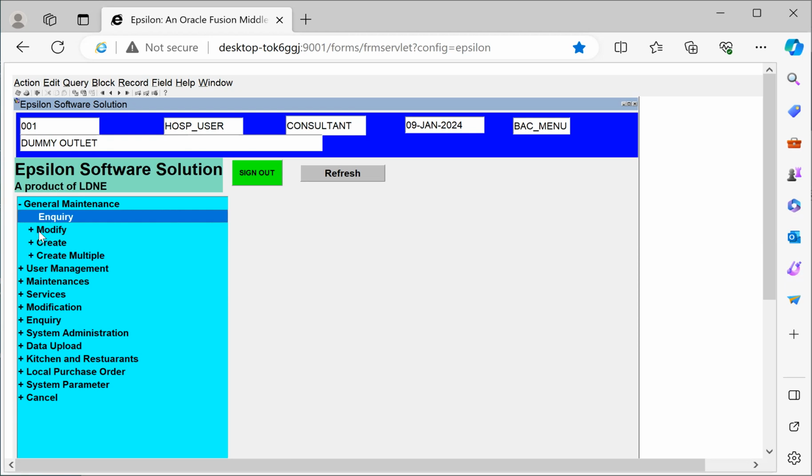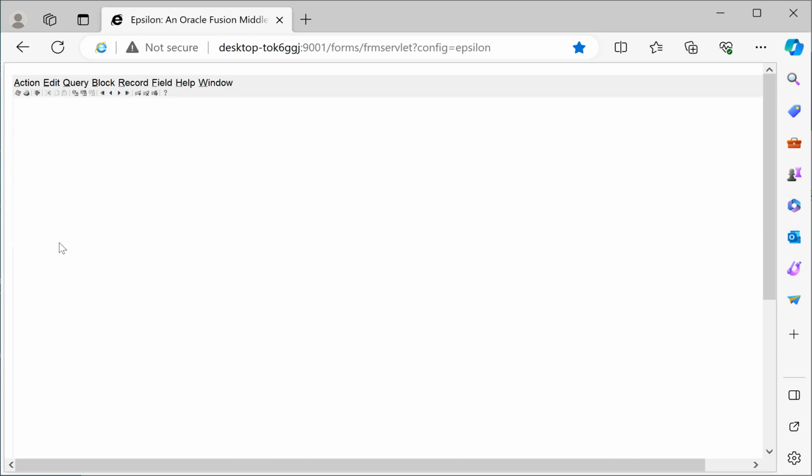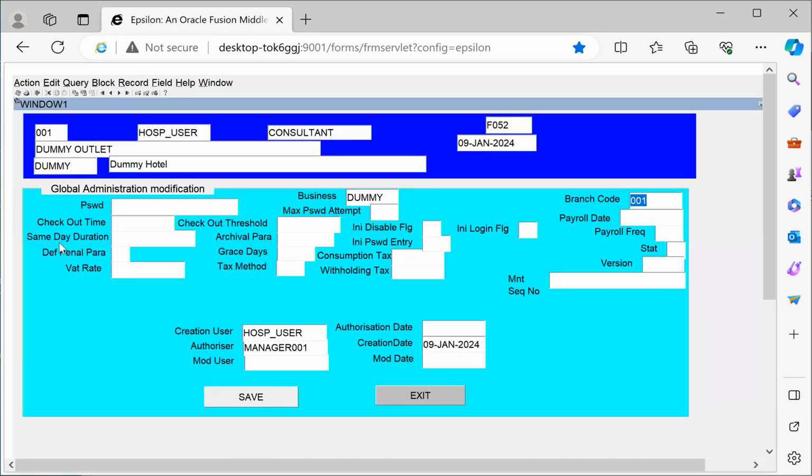For each of the business, there's global setup. I'm using a modify option to check the one I have on my screen now. This is where we set up most of those parameters used to run the business, and part of the parameters we set up there are the taxes. Consumption tax of 1% has been set up in this business, withholding tax of 7.2% set up in this business, and VAT has been set up in this system, meaning for all transactions, sales in this domain hotel, whether lodging,